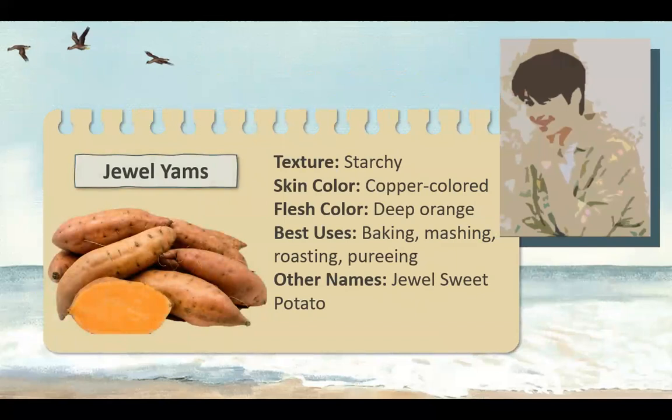Next is the jewel yams. Don't be confused by the name of this potato. It's actually not